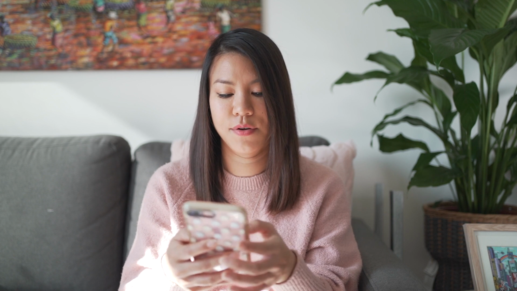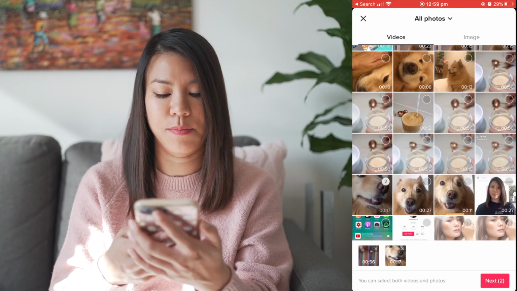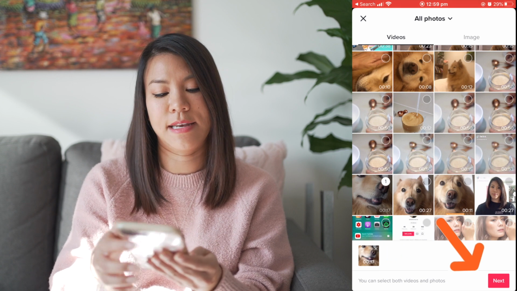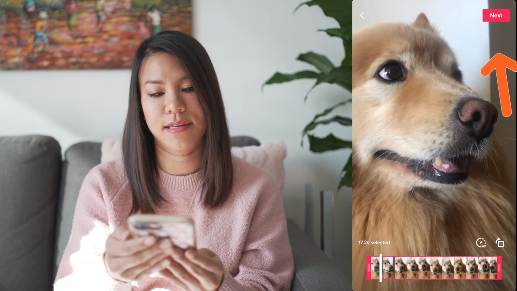First of all, you need to open up your TikTok account, and once you're in it, say if you've already got a video that you have already pre-recorded or already edited, you can hit the plus button, and I'm gonna go here and select a video. I'm just gonna use this one as an example, and then hit next, and go hit next again, and then